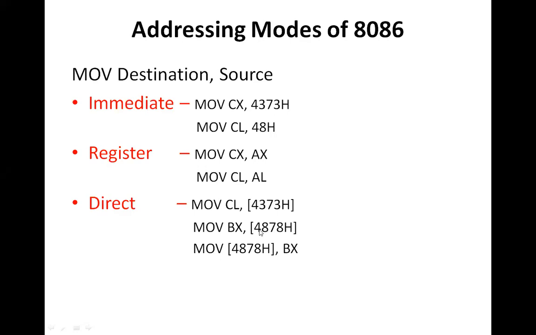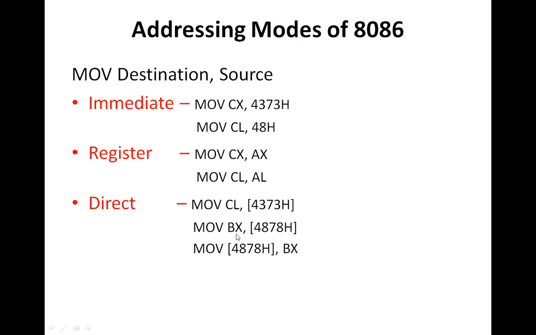The data segment content will be shifted 4 bits left, and 4878 will be added to it, so it generates a 20-bit address of a memory location. From that memory location, the content will be transferred into the BL register, and then automatically it increments by 1, so that the content of effective address 4879 will be